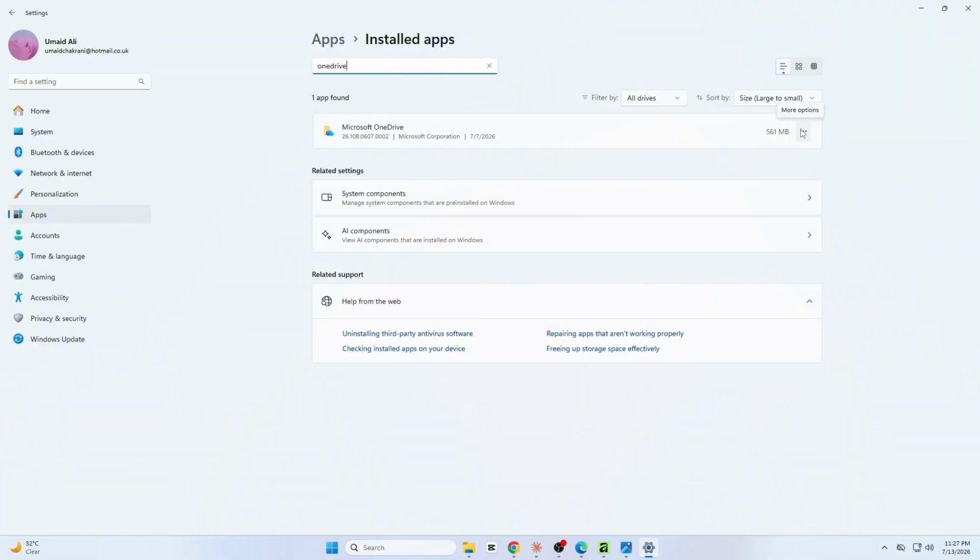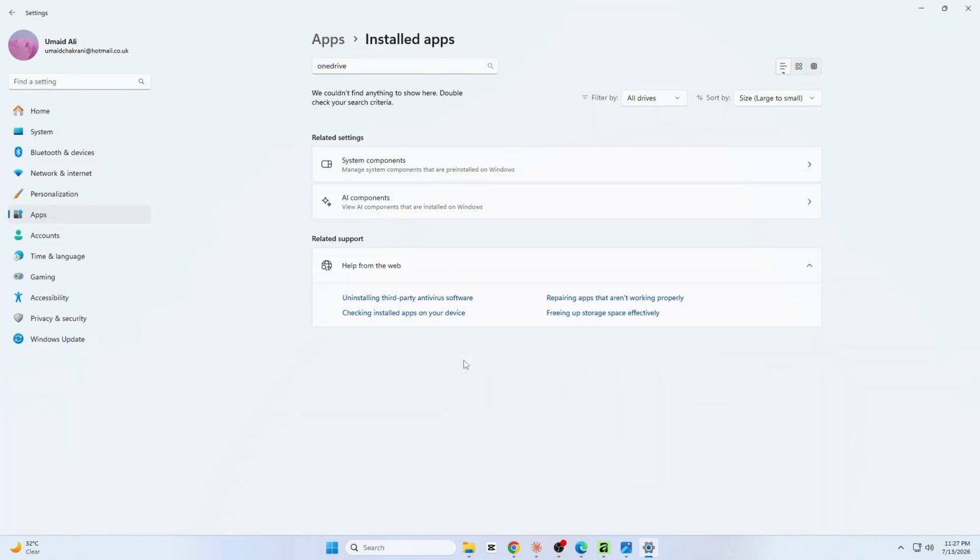Click the three dot menu next to OneDrive, then select Uninstall. Click Uninstall again to confirm. Windows will now remove OneDrive from your system and stop it from syncing files to the cloud. Keep in mind that uninstalling OneDrive will not delete the local copies of your files that are already stored on